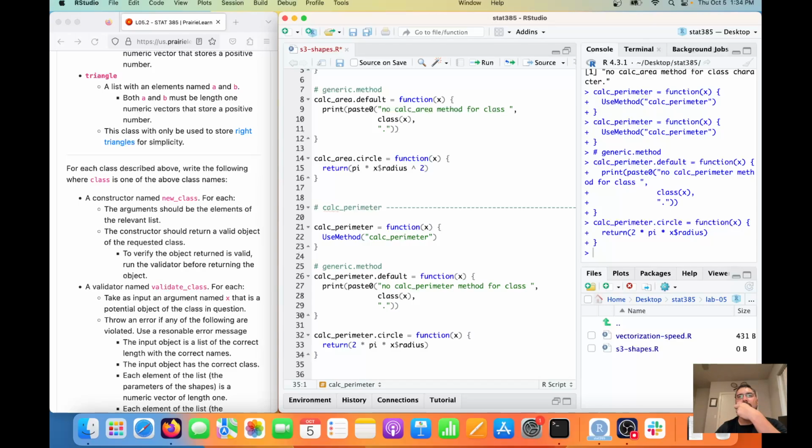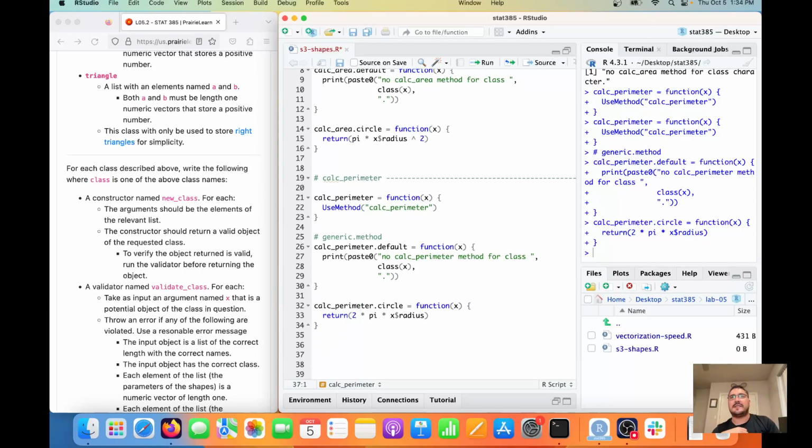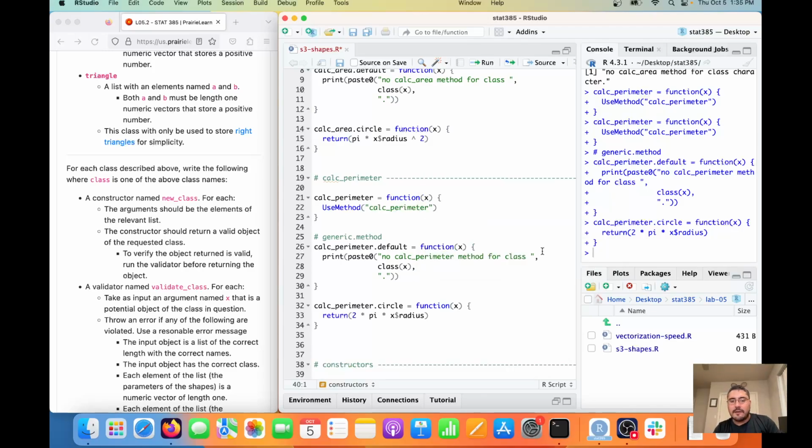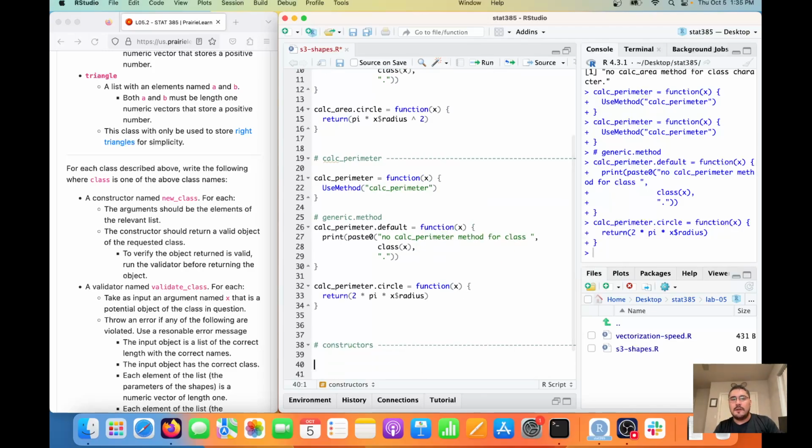We'll come back to this and build on these constructors in more detail. Okay, so I'm going to